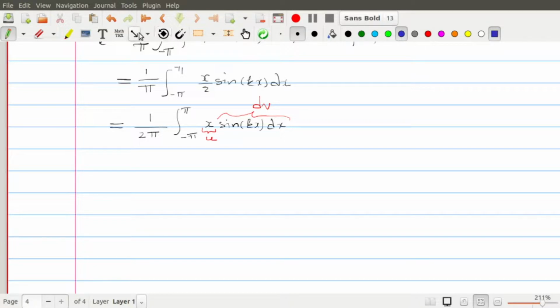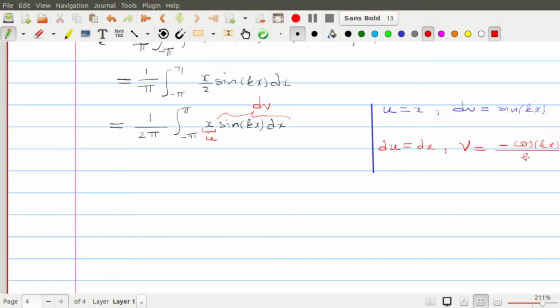So if I draw a line here like this, if my u is x and dv is sine kx, here we can compute du is dx, and v, the antiderivative of that, is negative cosine kx